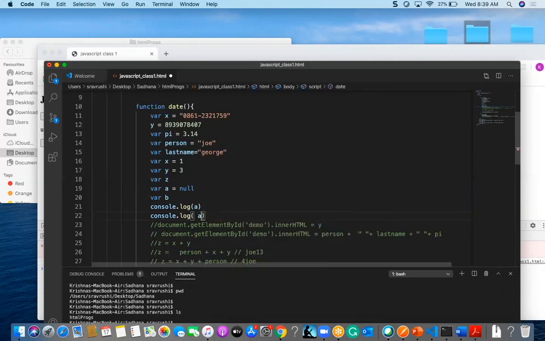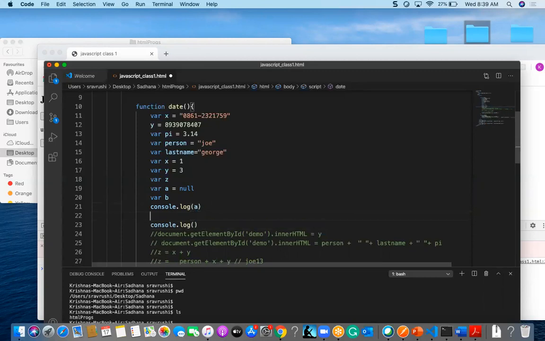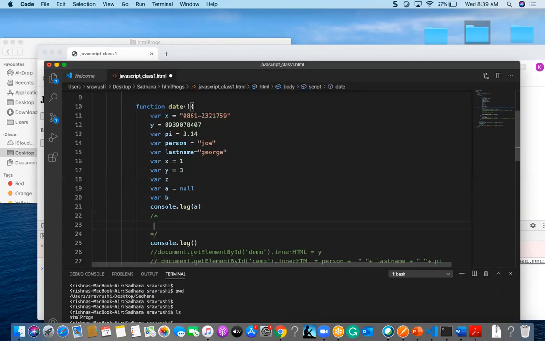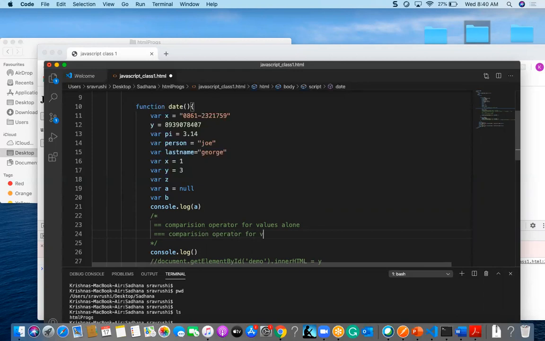There are two types of comparison operators in JavaScript. They are double equal to and triple equal to. If you find double equal to anywhere in JavaScript, that is a comparison operator for values alone. If you find triple equal to, that is a comparison operator for values and data types of those variables.